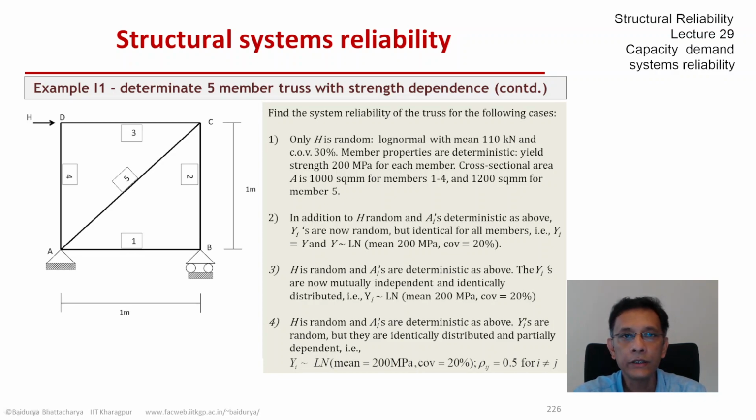So H is random, the A's are deterministic, but the member strengths are partially dependent. So they have the same correlation coefficient between each pair of 0.5. So let's look at what happens in each of these 4 cases, and let's also set up and solve the